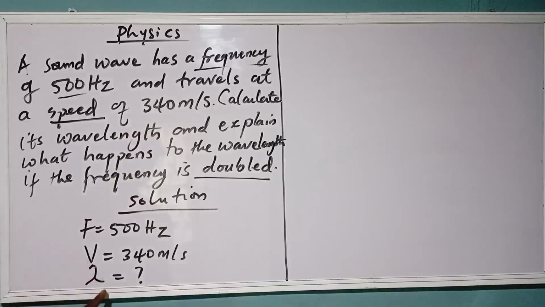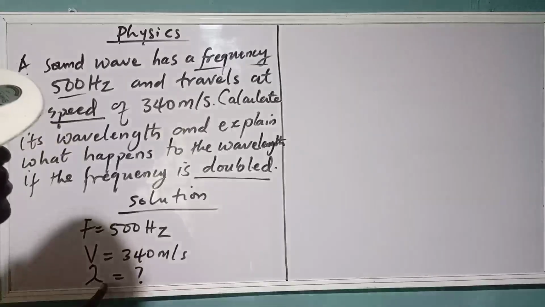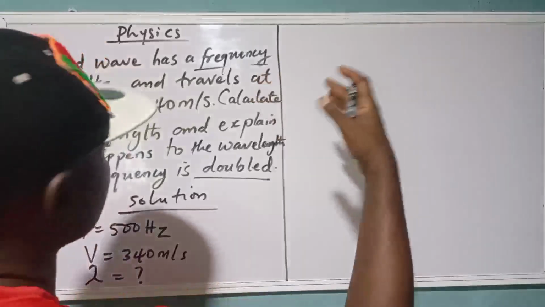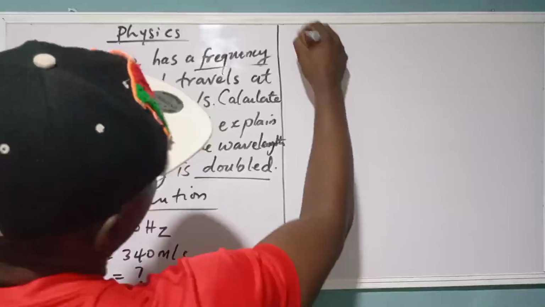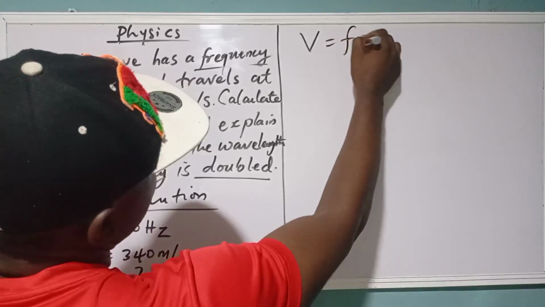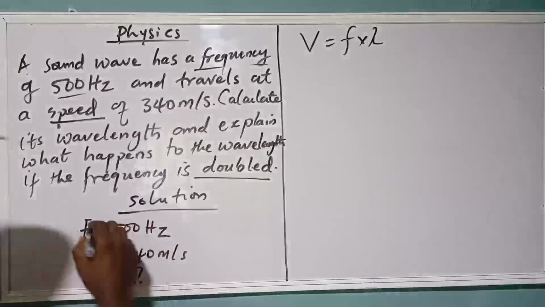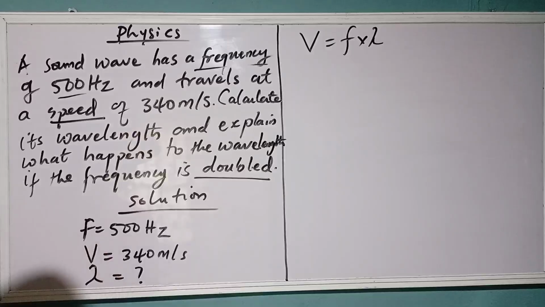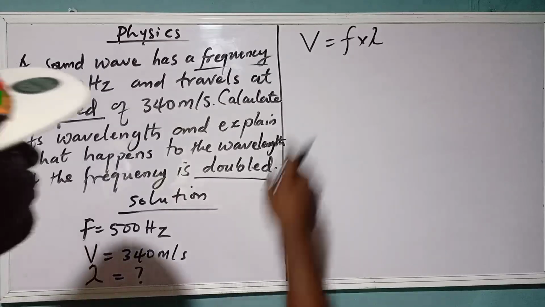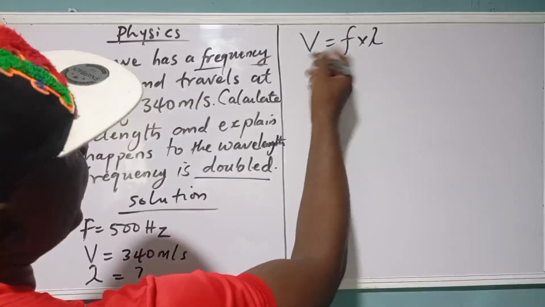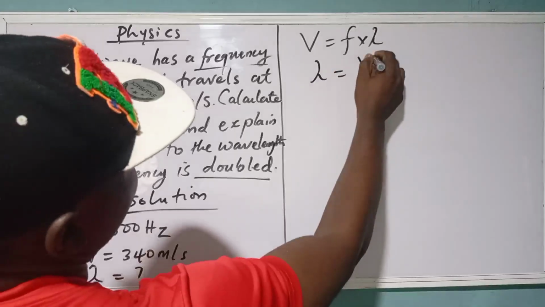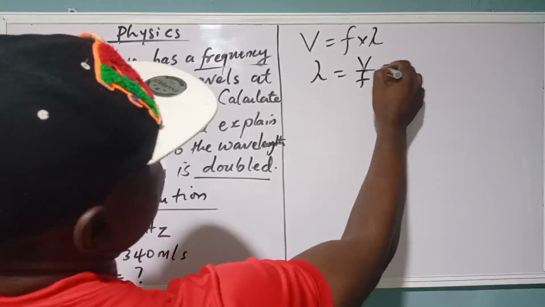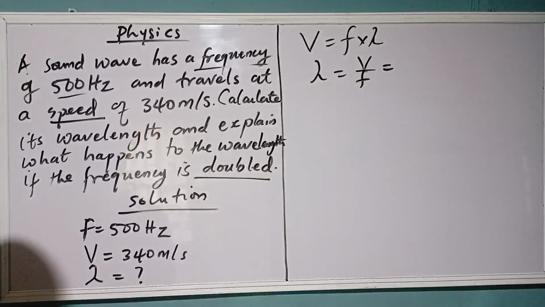Okay, so let's first work out the wavelength. The equation that connects speed, frequency, and wavelength says that velocity is frequency times what? Wavelength, right? Frequency times wavelength. So if we are looking for wavelength, then we can make wavelength the subject of the formula. So wavelength is going to be velocity divided by what? Frequency. And if velocity is